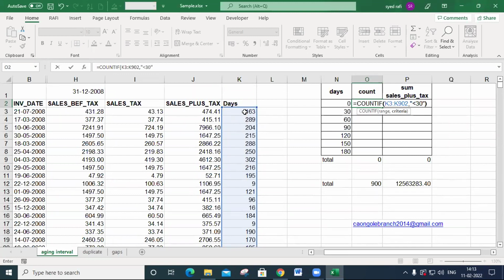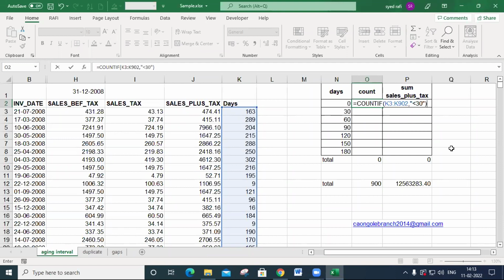Here you may concentrate. If I enter less than 30, it means it can take the values from 0 to 29 only. If you put less than 30, what is its meaning? The 30th day can't be taken. Below 30, I mean 0 to 29 days will be calculated.